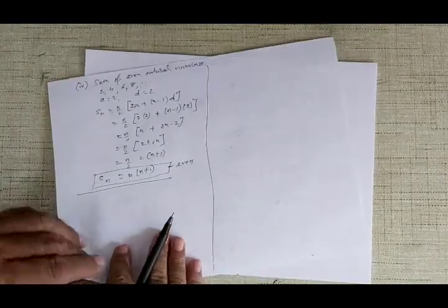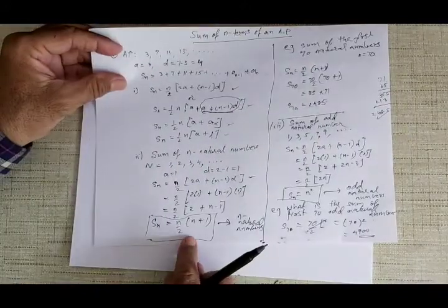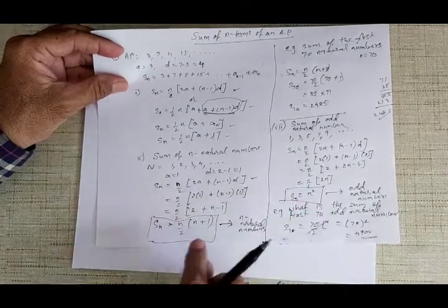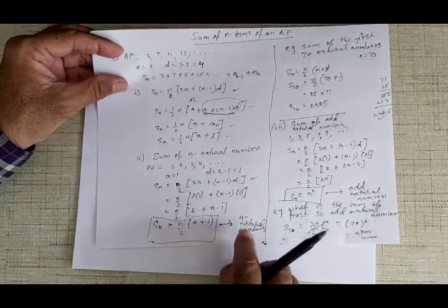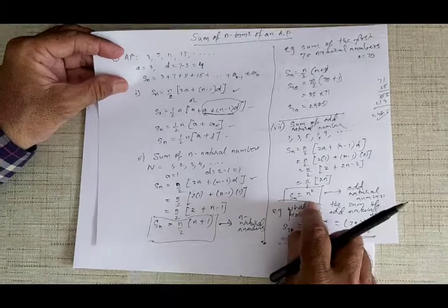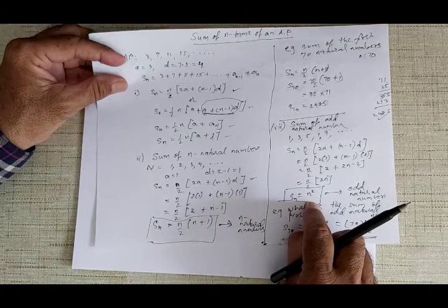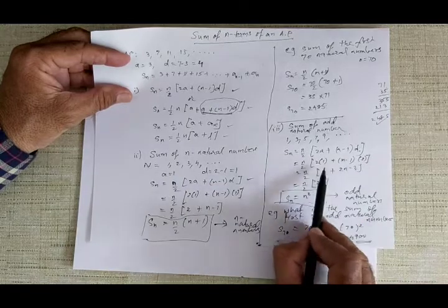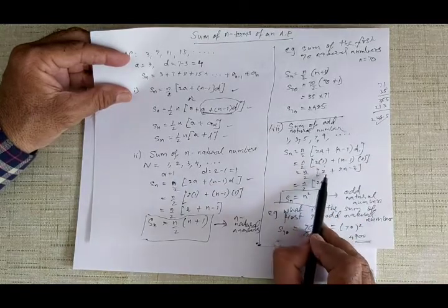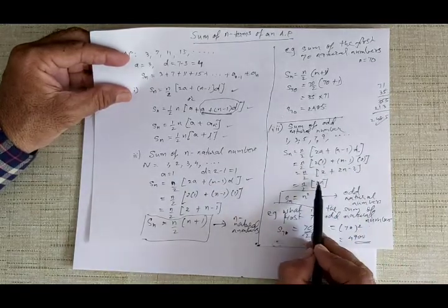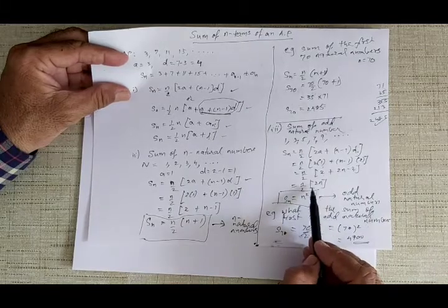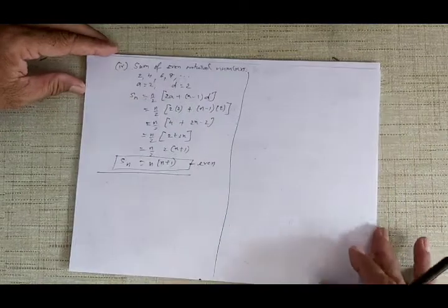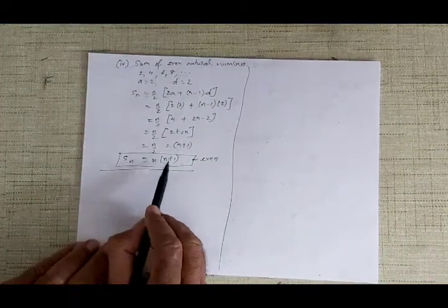Okay, so look, these are all natural numbers, and this is odd natural numbers. All natural numbers 1, 2, 3, 4, 5, 6, 7, 8, and in this only the odd numbers. Remember, here the common difference is 2 and the first natural number is 1. You take out 2 and you get 2n, 2 cancels out and you get n square. Similarly here, in this case for even natural numbers, n into n plus 1.